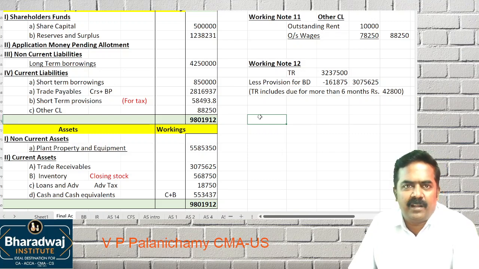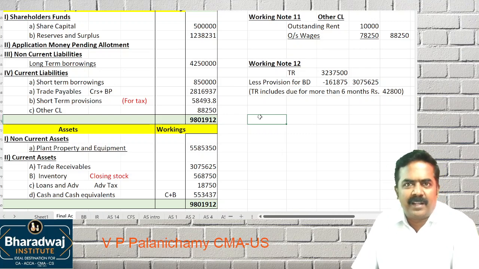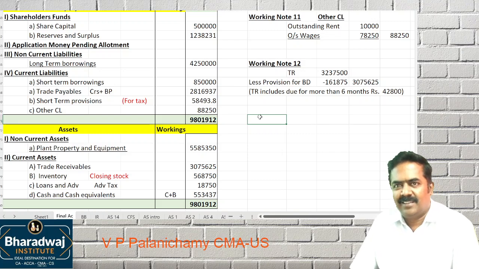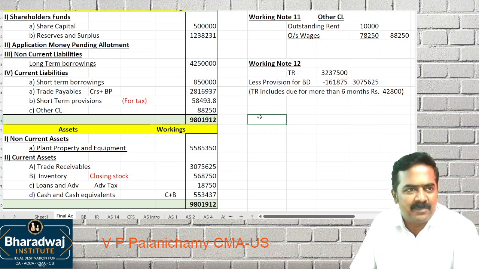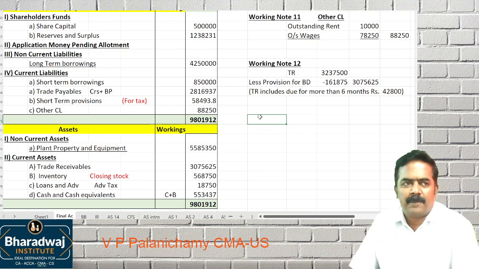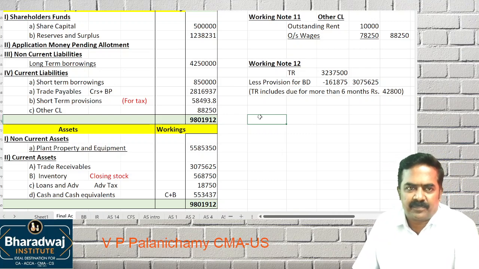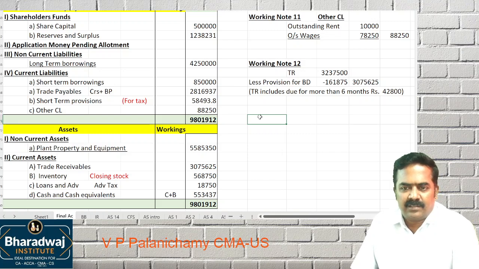One of the big complaints with respect to advanced accounts in the past, and not just from one or two students, even from the All India rank holders, is that I'm not able to complete the paper on time. The paper was very lengthy. Everything I know, but I'm not able to complete the paper. I was able to write only 90 marks, 95 marks. Why? Because you take more time sometimes. So you have to be fast in writing. Any doubt in this particular question, at any place?